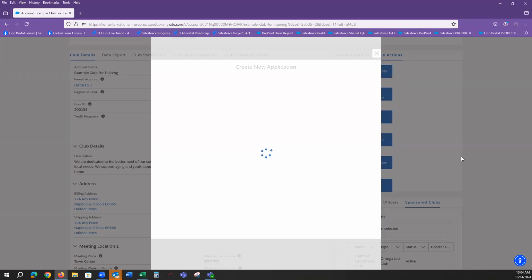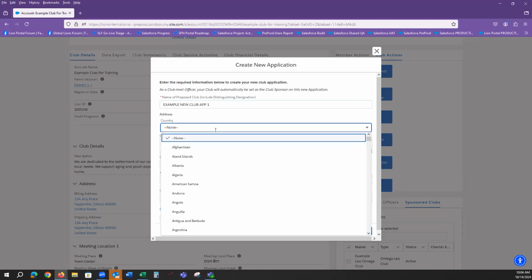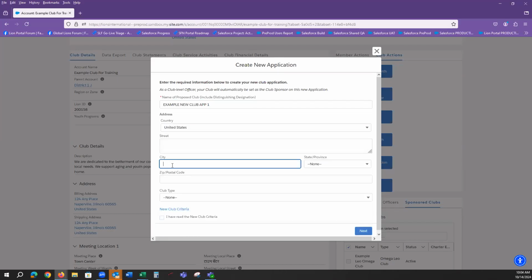The system is going to generate a window that is going to ask for specific information to get this new club started. I have to enter a name of the proposed club. Okay. And then I need to type in at least the country, the city,